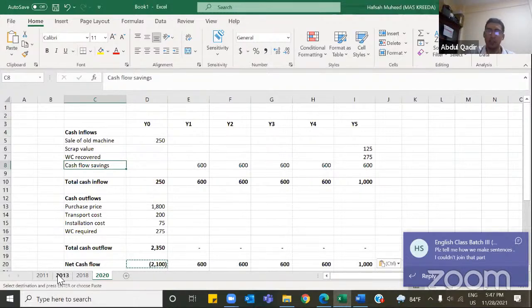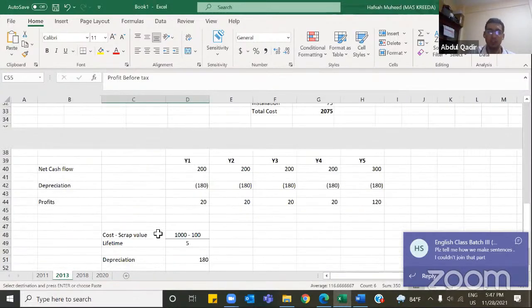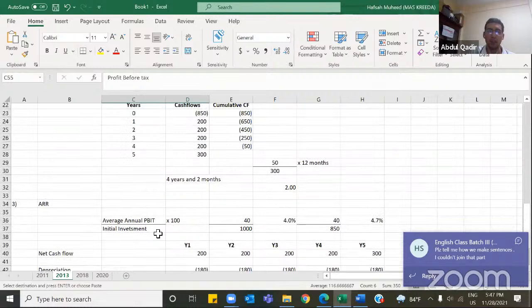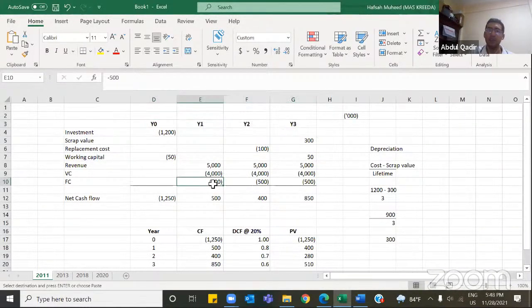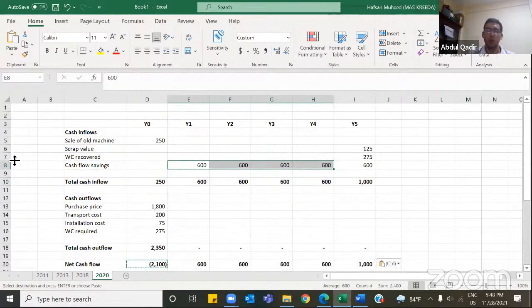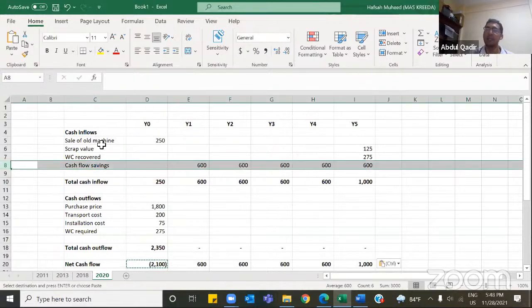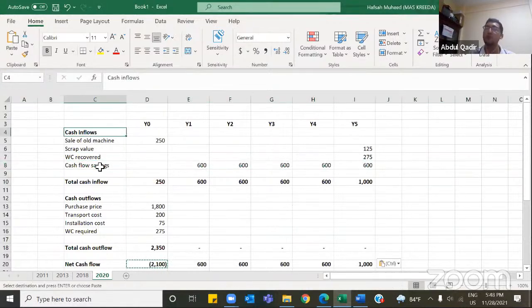Even in the fixed cost, when we removed depreciation from fixed cost earlier in the question as well, I can't remember which question it was. Yeah, the first question, 2011, when the fixed cost was 800,000, we removed depreciation 300, and we directly put the 500. So I would recommend putting it together because depreciation is not considered a line item, as they are told to put the cash inflows and outflows. If you put depreciation, it's not a cash inflow or outflow. So it doesn't come here, right?